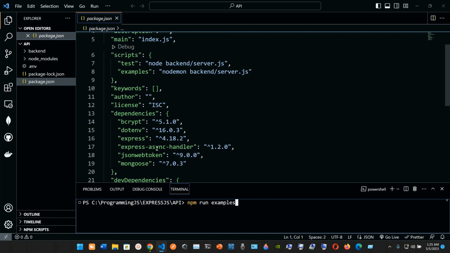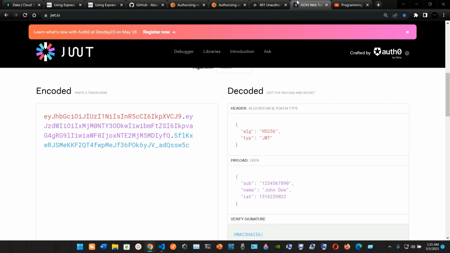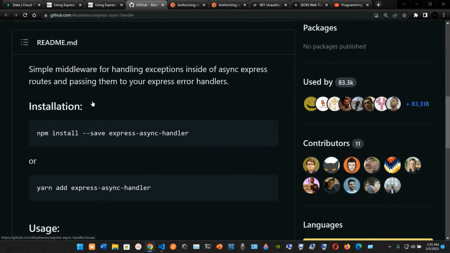Okay, express async handler. So we're gonna be using async handler, and pretty much async handler is a simple middleware for handling exceptions inside of asynchronous express routes and passing them to your express error handler. So when we use Postman, I'm gonna open Postman too. When we use Postman, okay,